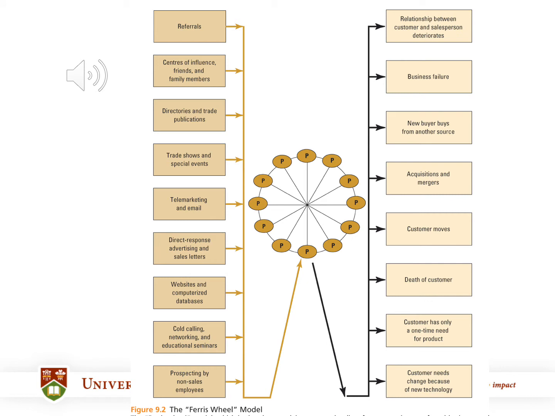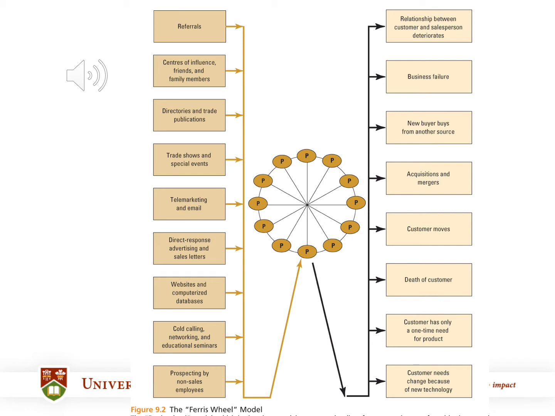This little visual depicts the ebb and flow of customers in and out of your prospecting list. The middle little Ferris wheel represents the current list of potential prospects for you as a salesperson. The column of boxes on the left-hand side show a variety of different ways you can add people to your Ferris wheel. So whether it's referrals, family and friends, directories, telemarketing and email, websites and computer databases, or cold calling, you can add people to your Ferris wheel looking at the left-hand column